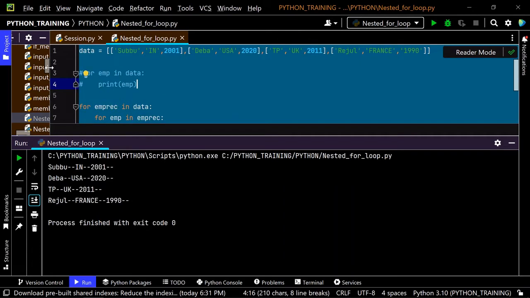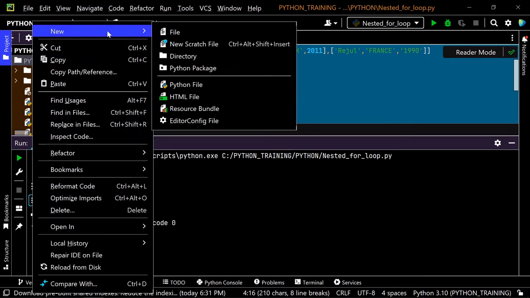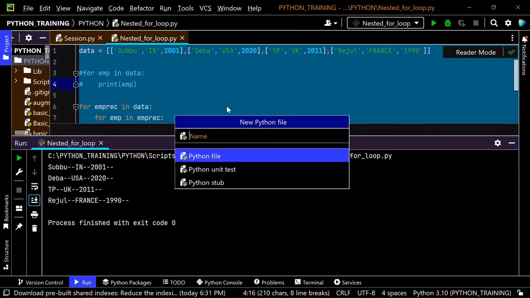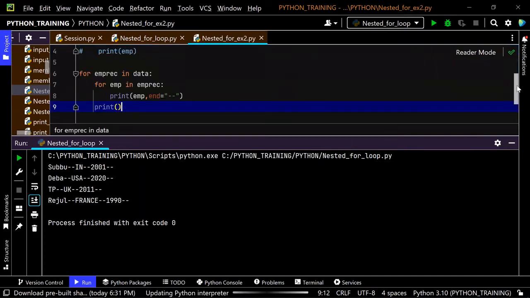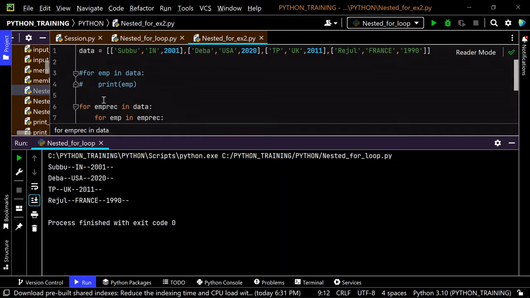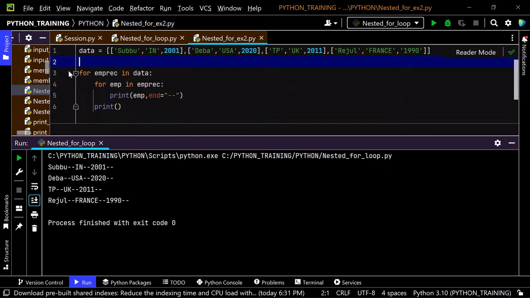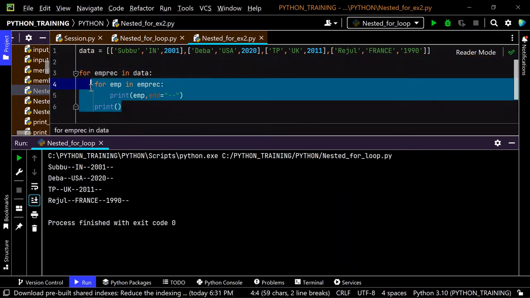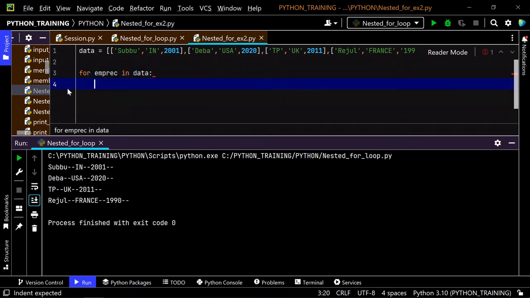Let me write another nested for loop, nested for example 2. Here we go. And then instead of printing everything, what we can actually do here is, we do not need a nested for loop. Basically, what we need to do is read the item, let's say for employee record in this. Then you really don't need a nested for loop here. So what we can do here is print emp